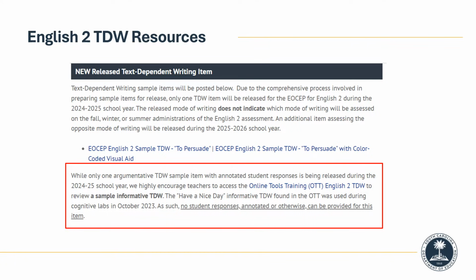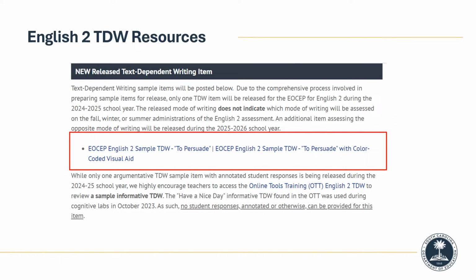To preview an informational task for English 2, please refer to the Online Training Tools, or OTT. English 2 teachers may also want to examine the 8th grade informational task once it is released.